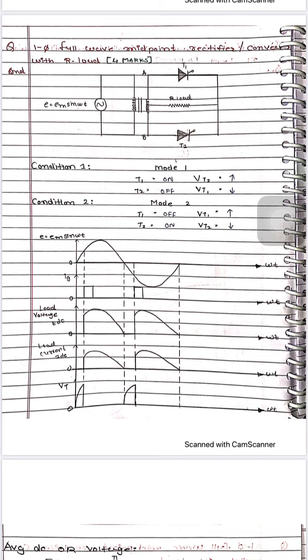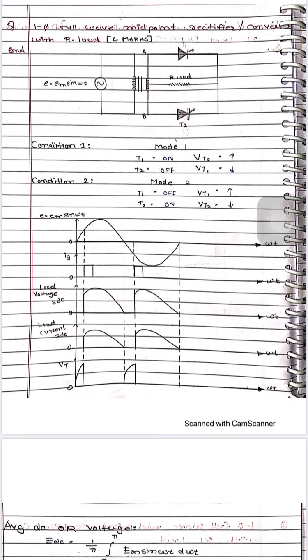Today we will learn about the full wave rectifier. In a previous lecture, we already discussed the half wave rectifier and 5 types of converters. So we already started rectifier chapter number 2, in which the single phase has 2 types basically, the half wave controlled rectifier and the full wave controlled rectifier.